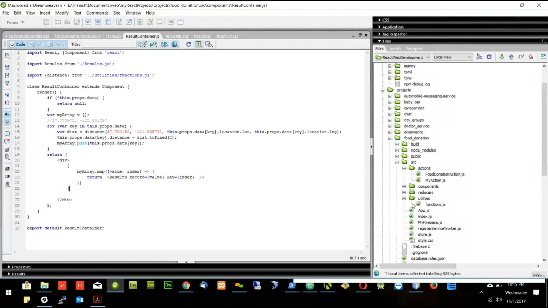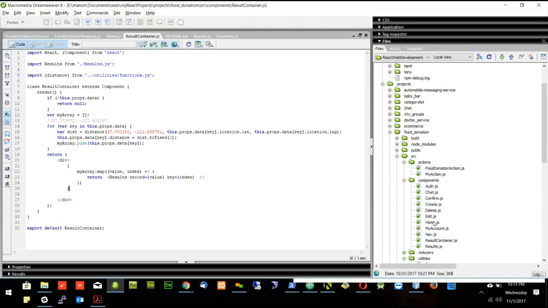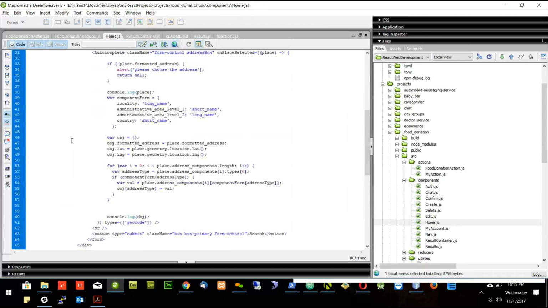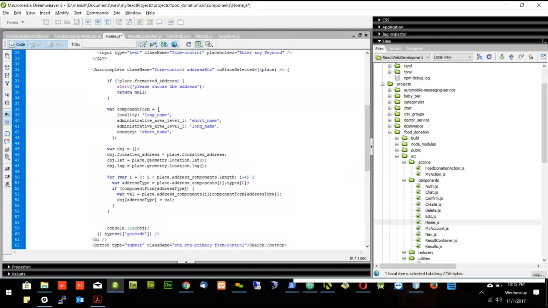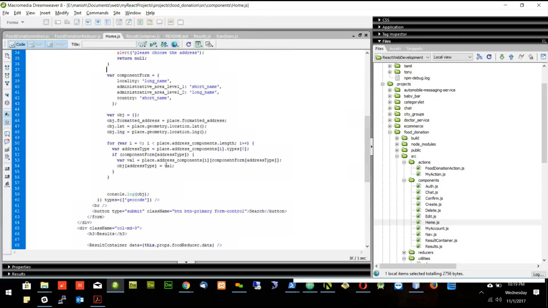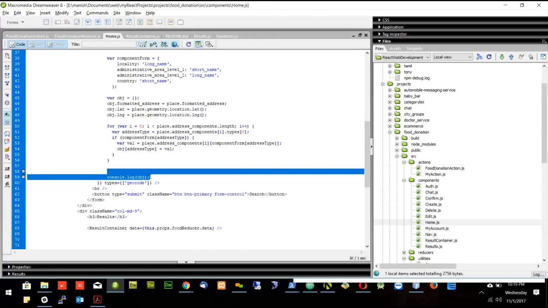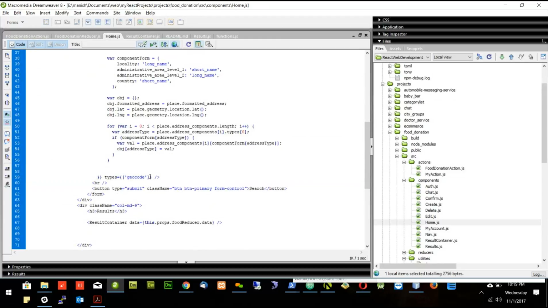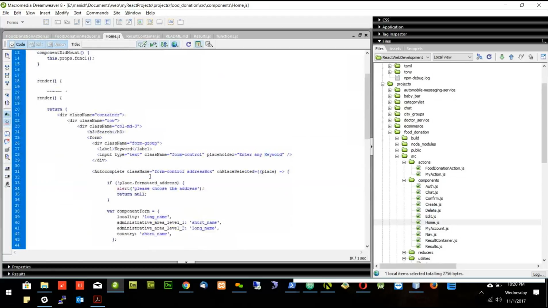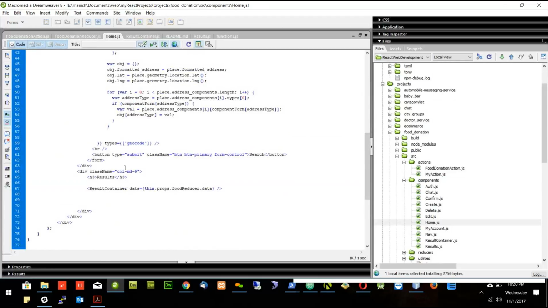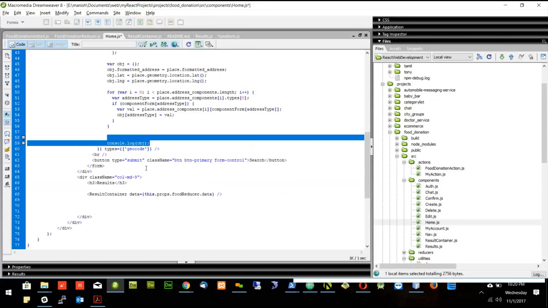I'll go to the components, and home. In the home component, we have this search part, and I'll delete this console.log. I don't need console.log anymore. Okay, so now let this console.log be there, and then